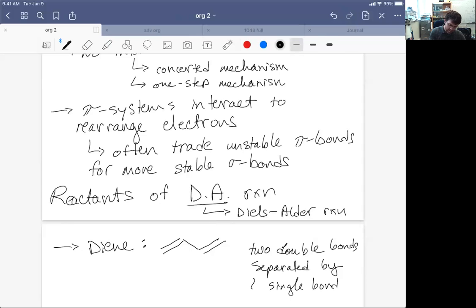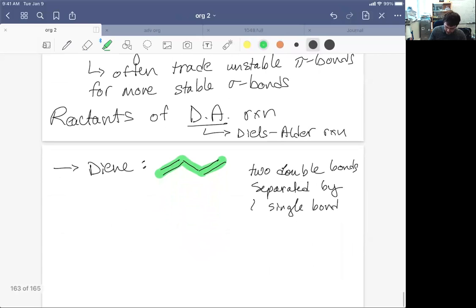Now this is the only framework that will work. I mean, we can make some of these triple bonds, sure, but we can't kind of move the double bonds further away from each other or closer to each other and expect the same type of reaction to occur. So the diene, it turns out, needs to be a 1,3-butadiene,